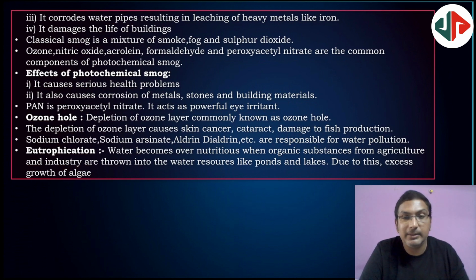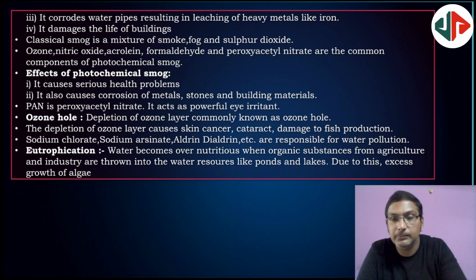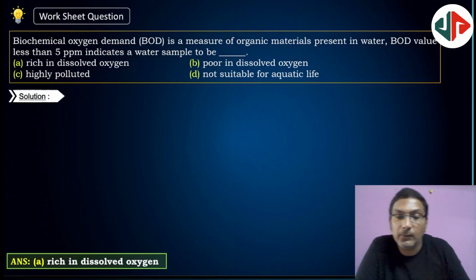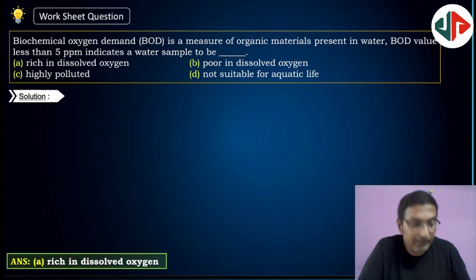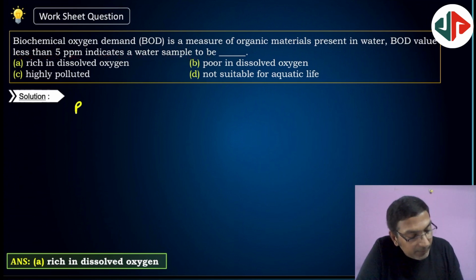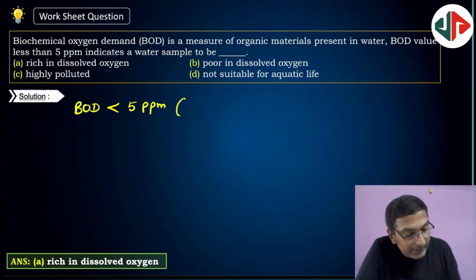So next we will discuss the worksheet questions one by one. We will discuss the first question. Biochemical oxygen demand, BOD, is a measure of organic materials present in water. So a BOD value less than 5 ppm indicates the water sample to be